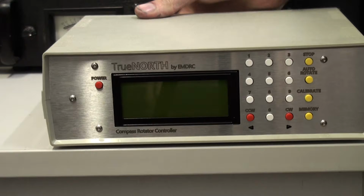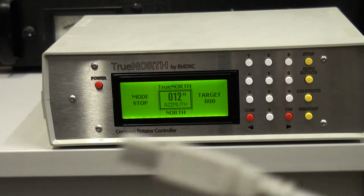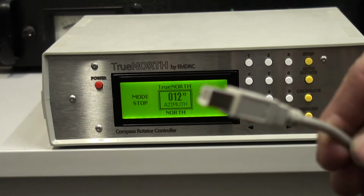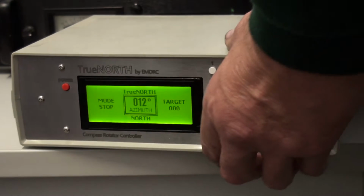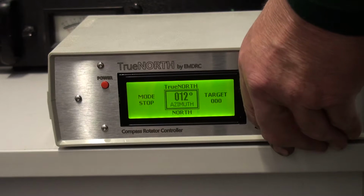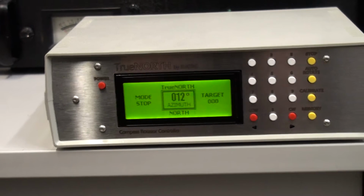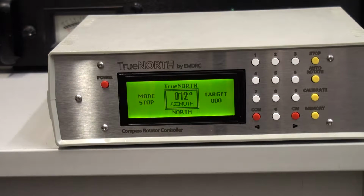Whoops, just turned it off. Okay, now we program this, or sorry, reflash the firmware via USB. So we have the USB cable. There we go. Now, we shall pop that into the USB port. There we go. Now,